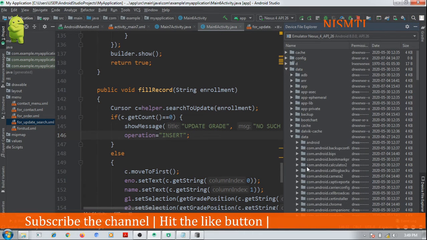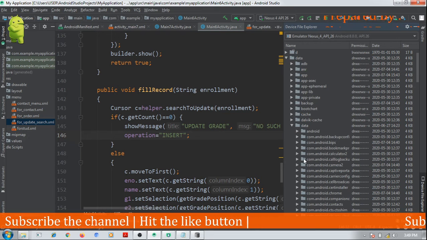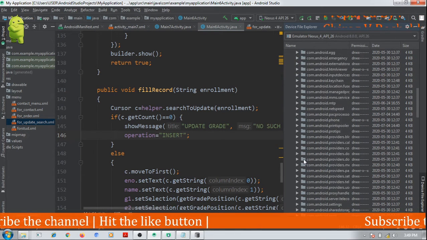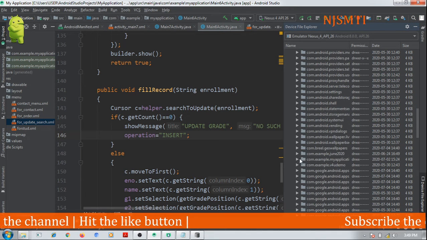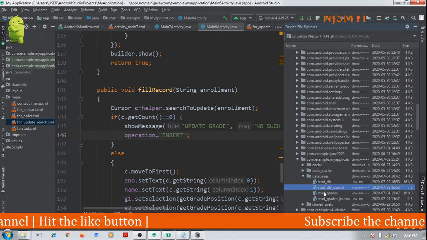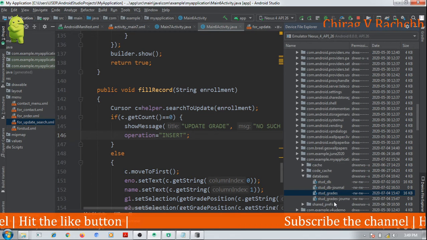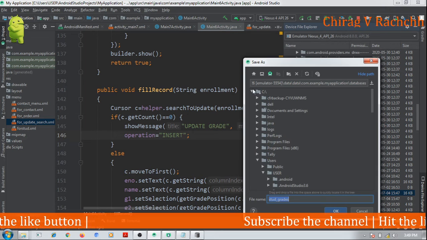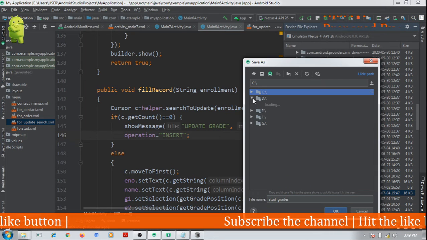data, com.example.my application database student grades, save as in D drive. Okay, I will save it in D drive.